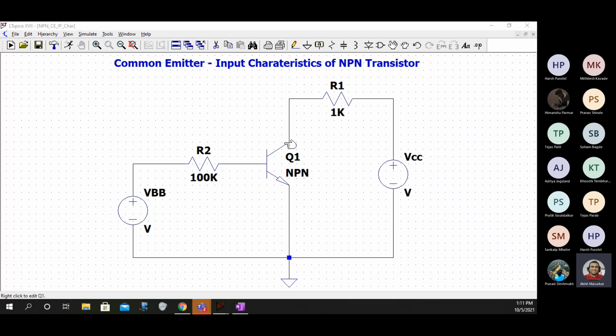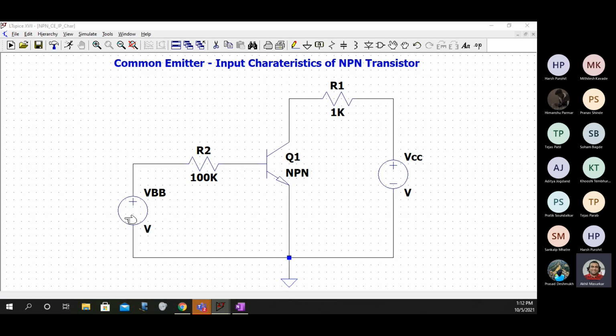Now, let's do one very important step here. In the input characteristics, whenever you are doing a characteristics, you are keeping one value fixed. You are keeping this fixed and you are going to vary VBB.